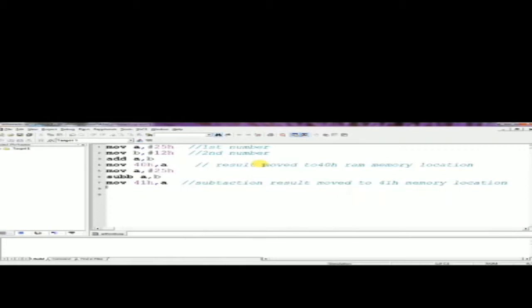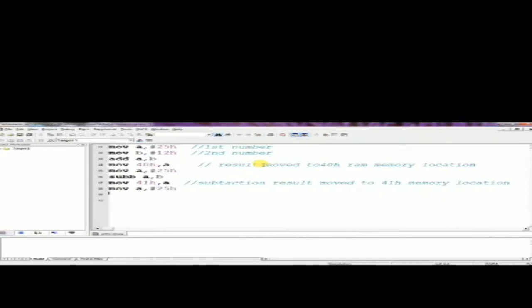Then MOV A, #25h. Again the accumulator is empty, so now we move the 25h value into it. Then multiply: MUL AB. Now we multiply the two numbers 25 and 12.